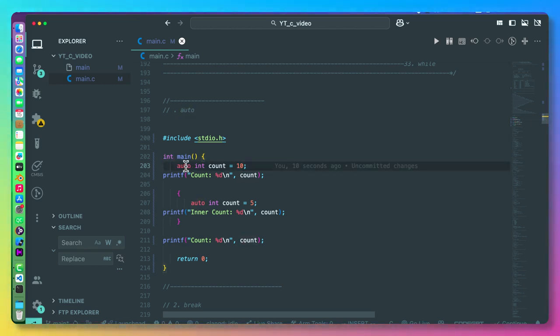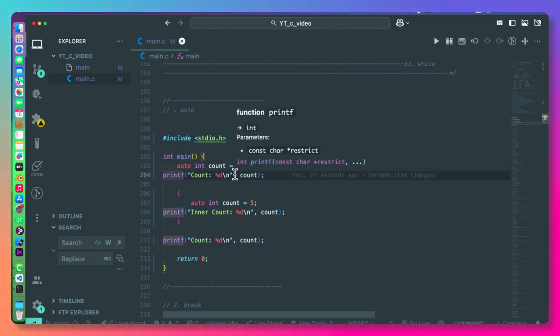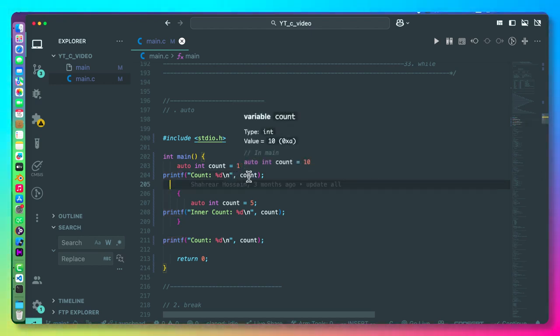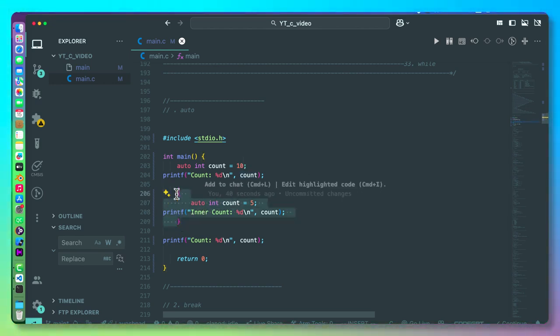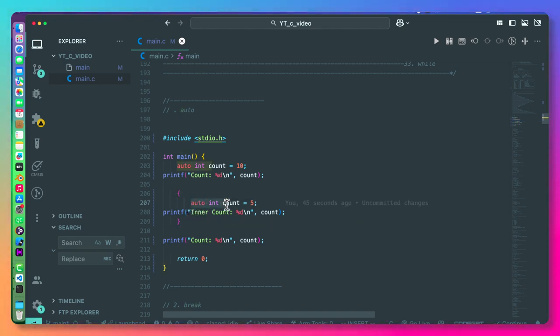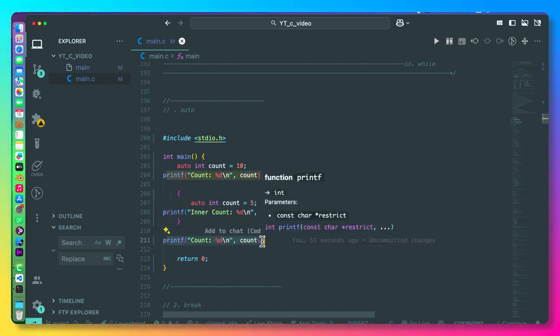That's our local variable. You can see the print of number 10, also count. Also here we can see the auto section: auto int count 5, print inner count, and another print count. Now if we run this,